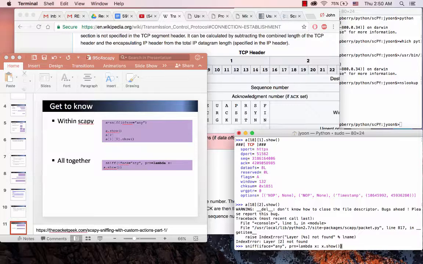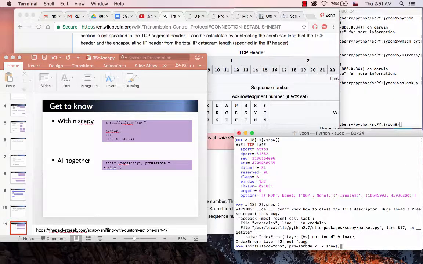Okay. So if you see this function definition, you can specify interface and some others, filter or whatever,